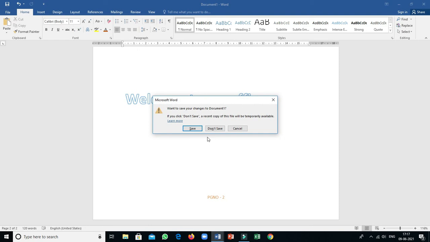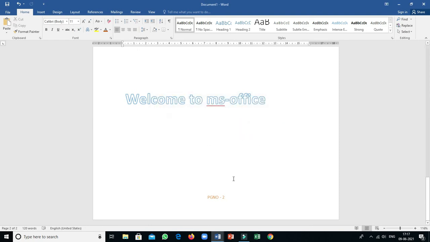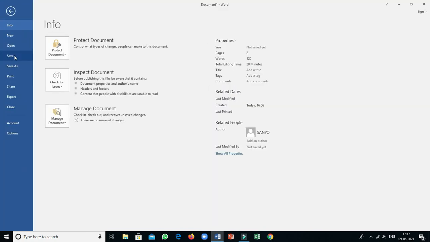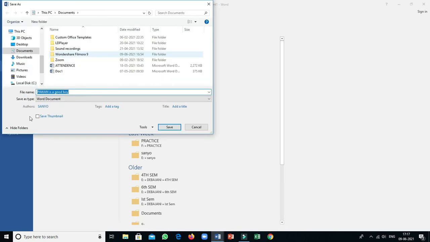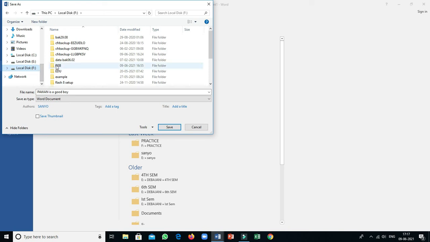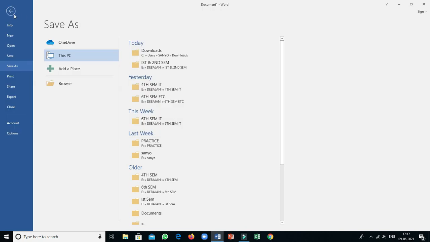So close all these options. Now see, when I close this file, it asks me to save. You can click on the file option, then click on save option. When you click on save for the first time, it asks for the file name. I have to choose which drive to save on. I am selecting This PC. Here lots of drives are there, C, E and F. If I select the F drive, it asks inside F which folder you want to save in. I have to select the folder, write the file name, then click on save. Okay, but I think it is not necessary to save this, so I skip this file.